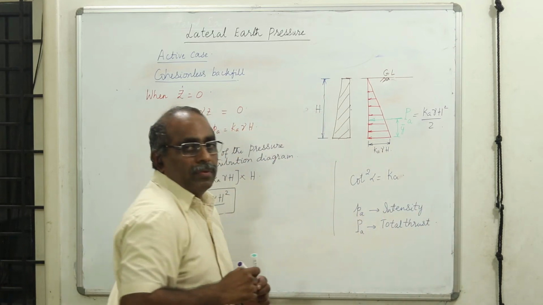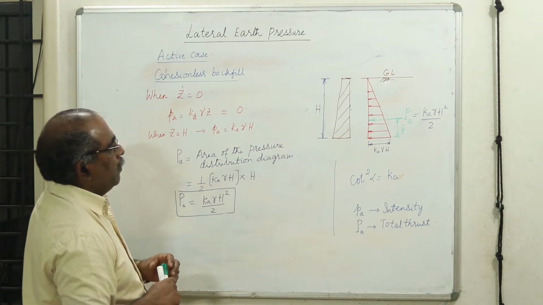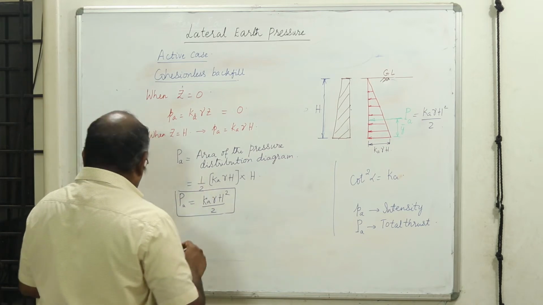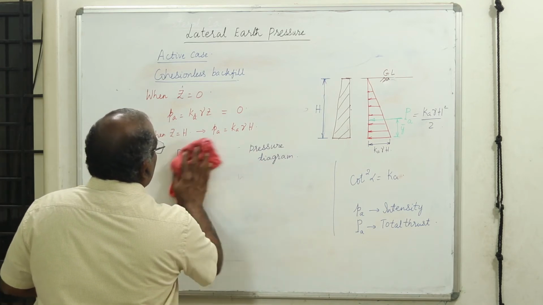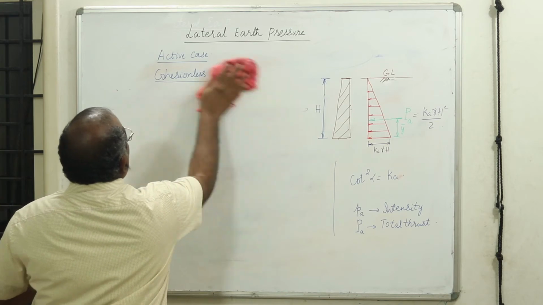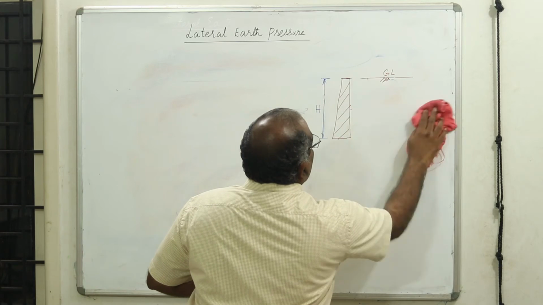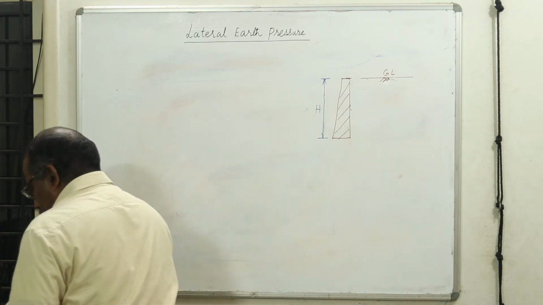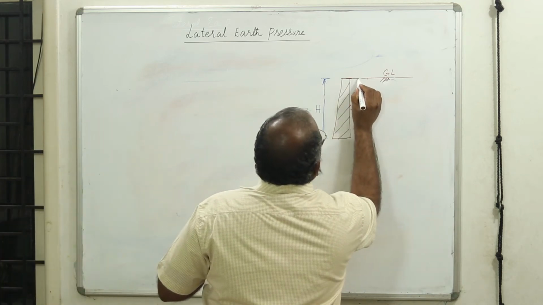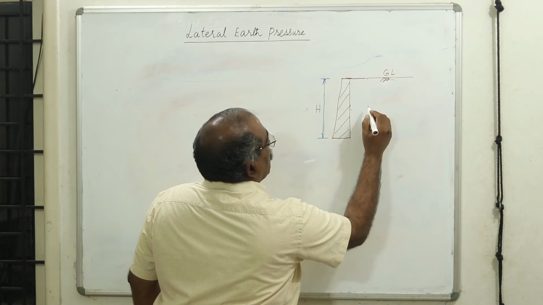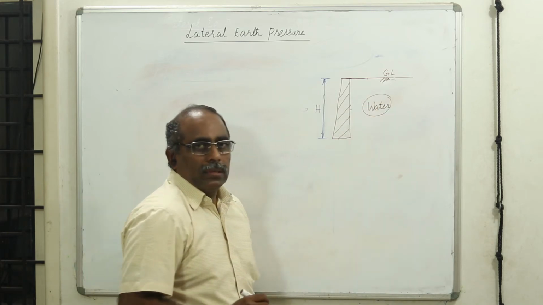This is the total quantity of pressure that is going to be acting on the retaining wall, and we need to design for that. Now, please understand, when we go to the submerged case, we need to understand what is going to happen to the pressure distribution. Now students, before going to that case, I need to tell you one important thing. In case I don't have a soil, let us say you got water. In case water is there, what happens to the pressure distribution?